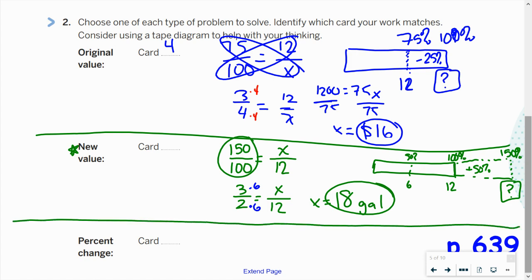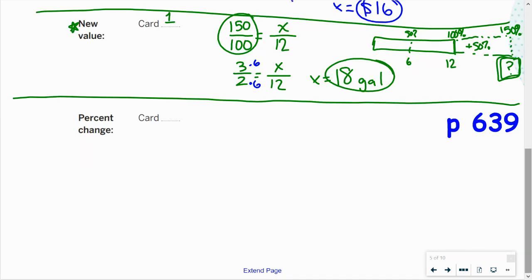That, folks, is a type of problem. That was, by the way, if you were here with us, card 1. The type of problem where you're asked to find the new amount. Let's wrap up one more kind. And to no one's surprise, this is where we're heading with percent of change. I'm going to do card 3, but that's not really important. For the visual,